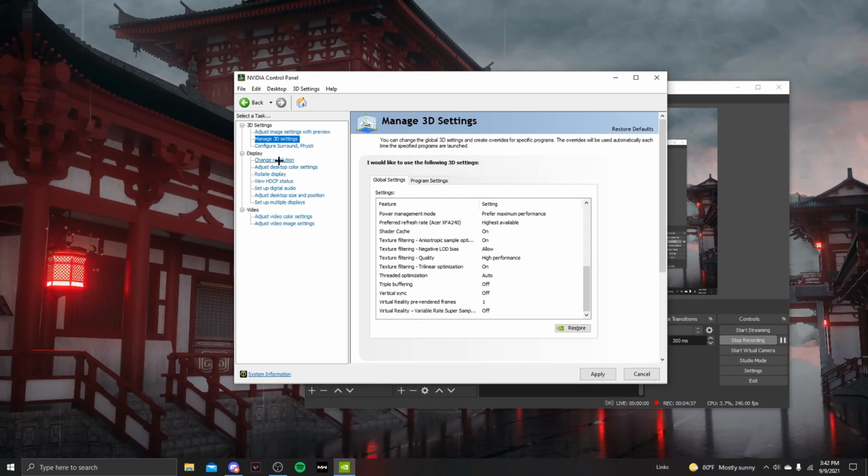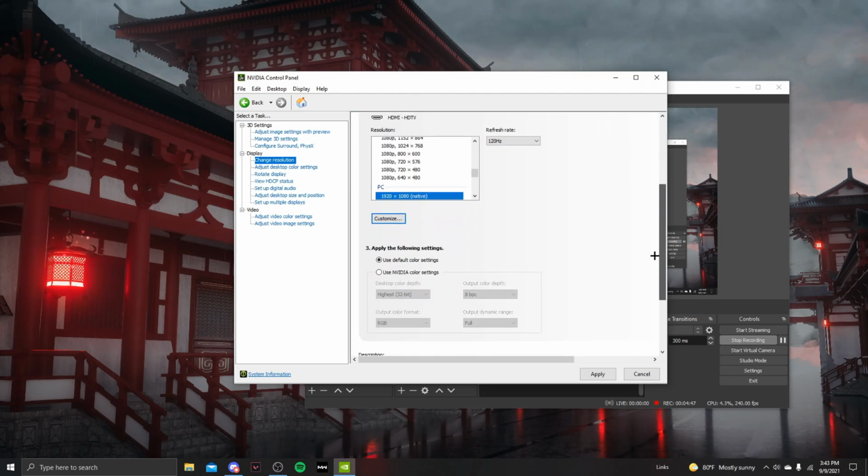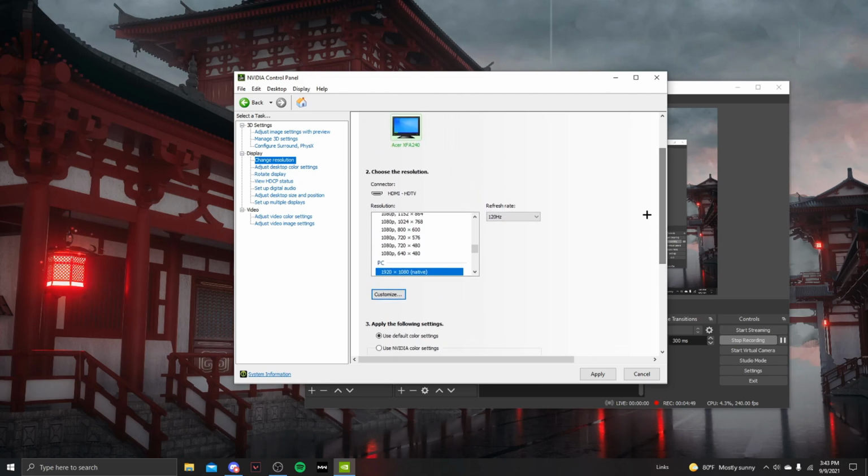Once you're done, you want to go to change resolution and make sure your monitor's all the way maxed out. You do not want to be playing in 60 Hz. It will also affect your performance, not just in the game but in general, in any game like OSU, Valorant, Call of Duty. Also make sure to be playing in 1920 by 1080, but if you don't seem to get high FPS, you could switch resolutions to around 1920 by